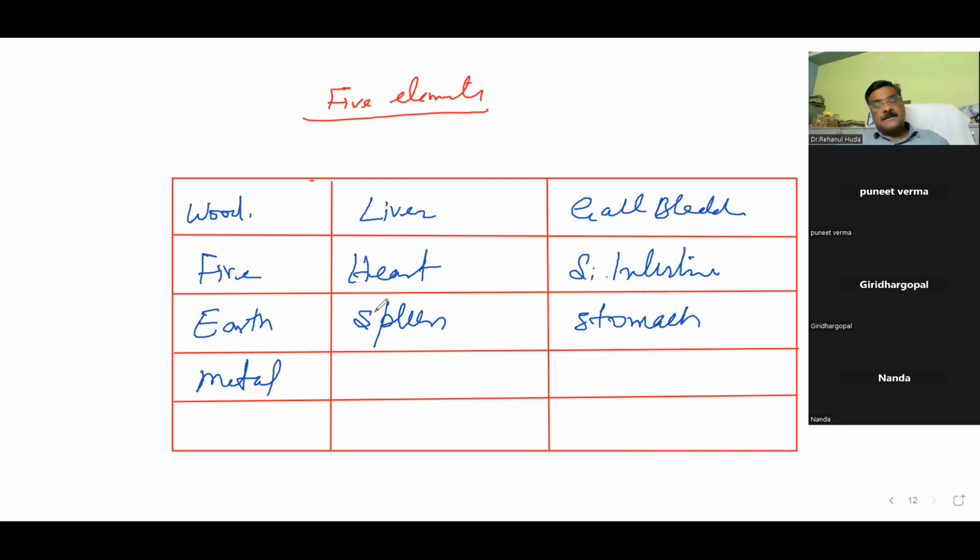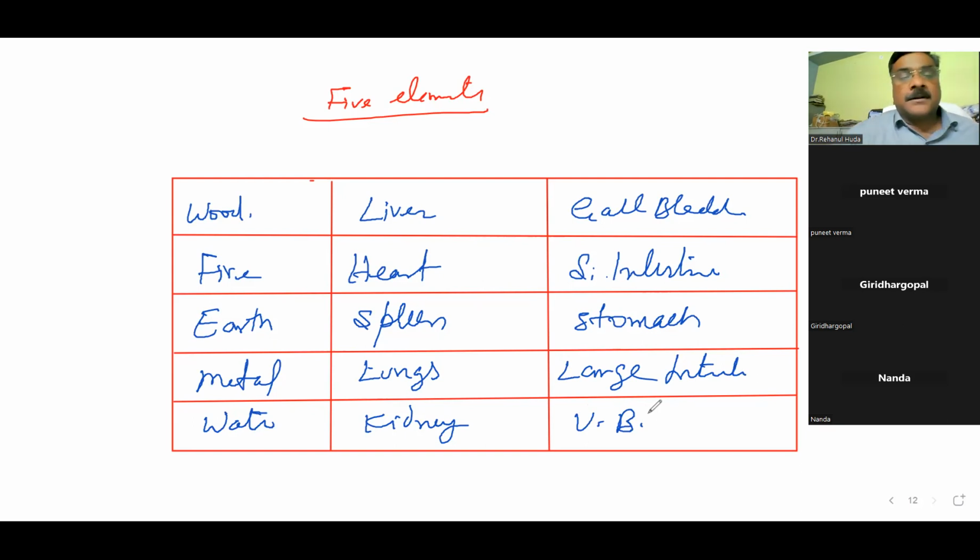The metal element is governed by the lungs and large intestine, and the water element is governed by the kidney and urinary bladder. So there are the 5 pairs of organs,